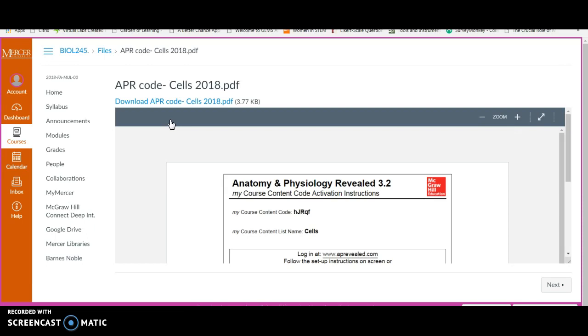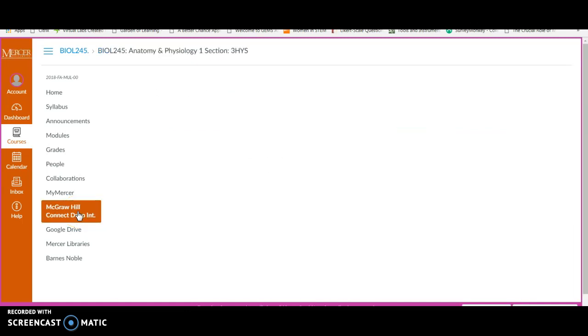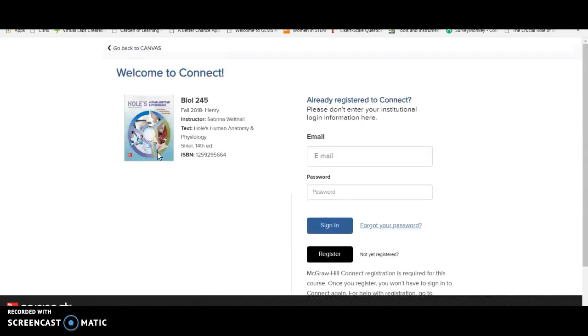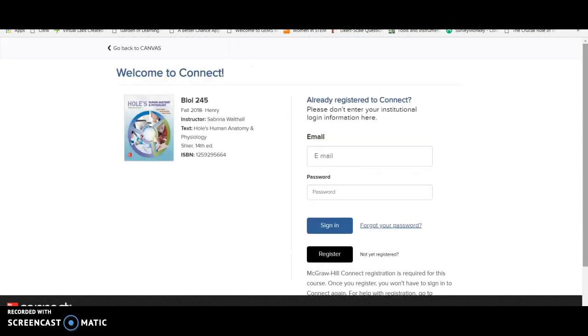All right, so with this, it tells you to go to a particular website and put in this code. Well, because we have the website already embedded in our Canvas, you don't actually have to type in this. What we will do, though, is we'll go over here to McGraw-Hill, like we did in class. This is the way we connect to our course, and then you'll connect to your class. And once you're in your class, you can then go ahead and connect over to the Learn Smart itself,